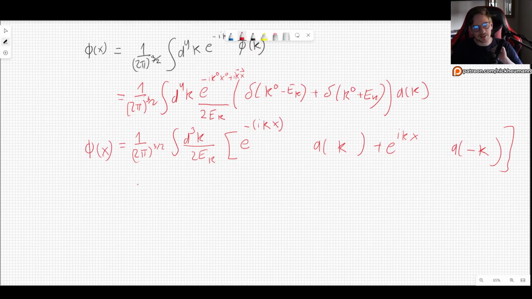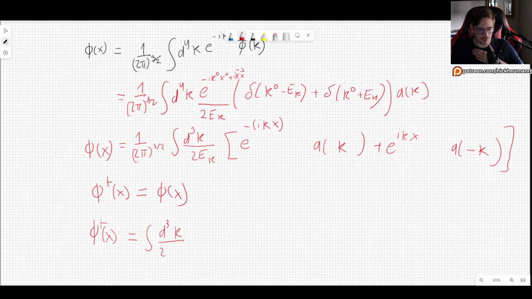But now keep in mind that our field is real, right? So what we said when we started out is that the Hermitian conjugate of our field has to be the same as our field. So that's what we said. So let's see what that condition tells us about ak and a minus k. So by taking this, we have phi dagger of x, which is, well, of course, it doesn't affect the constants at all. I will put them inside, so d3k. And then we have 2 pi 3/2